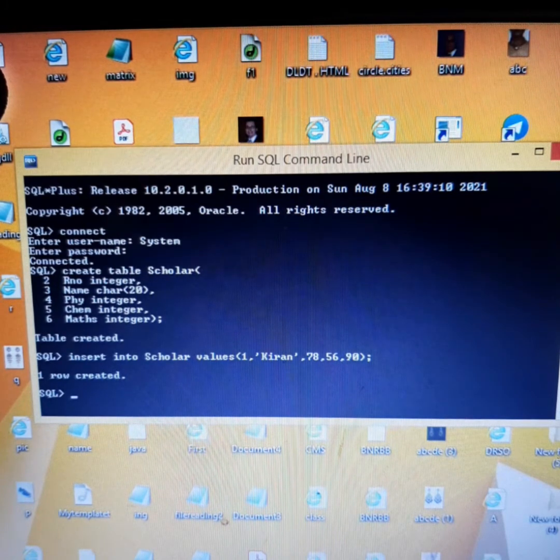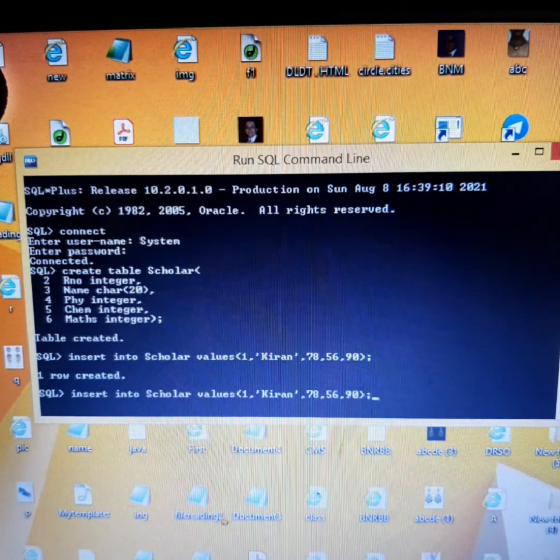Now if I press the up arrow key from the keyboard, it will repeat this command, in which I have to just change the roll number and the name and the marks. So I can keep on changing like this. Suppose this is 67 and this is 86, 89.